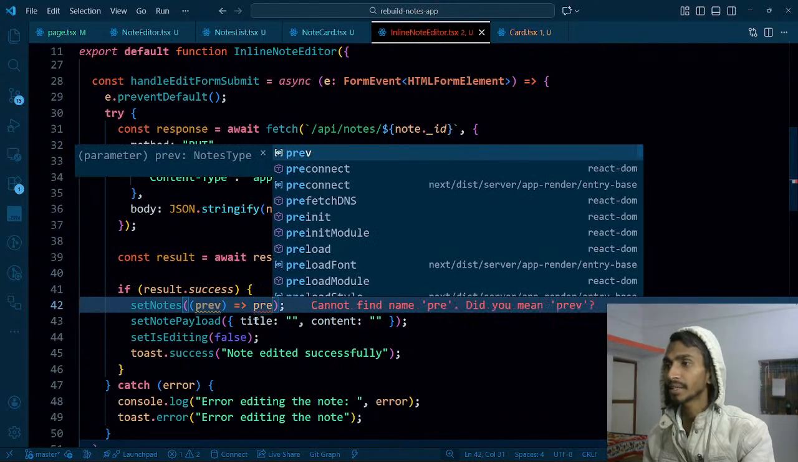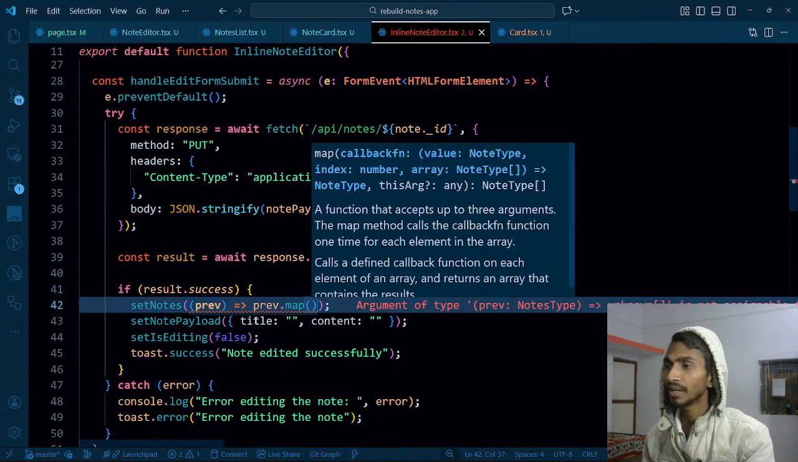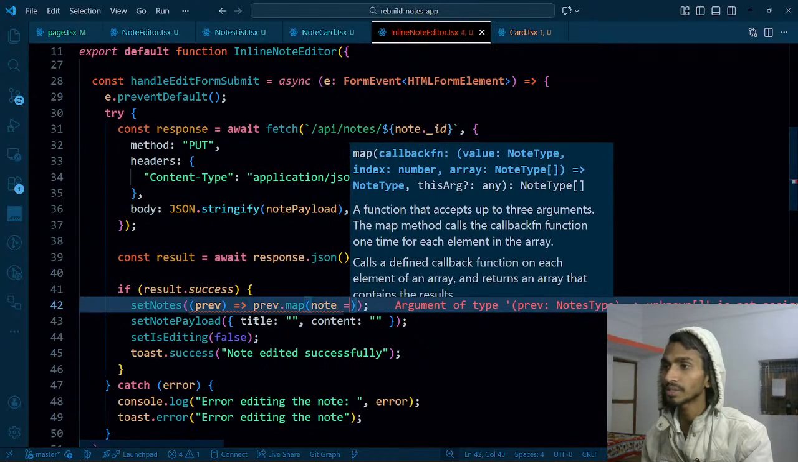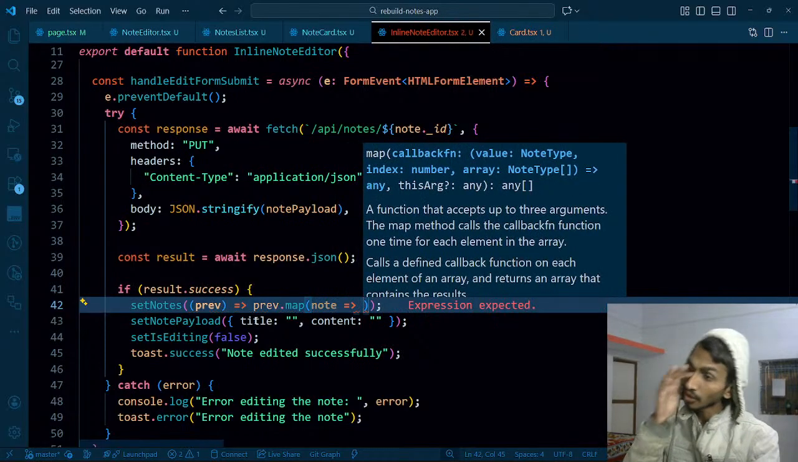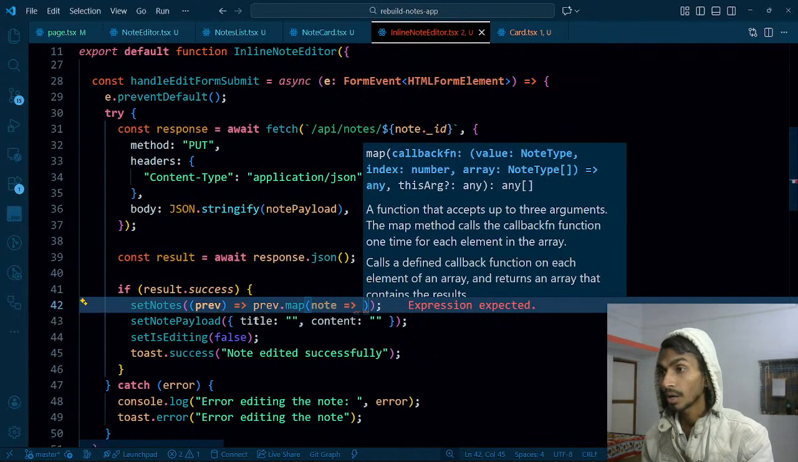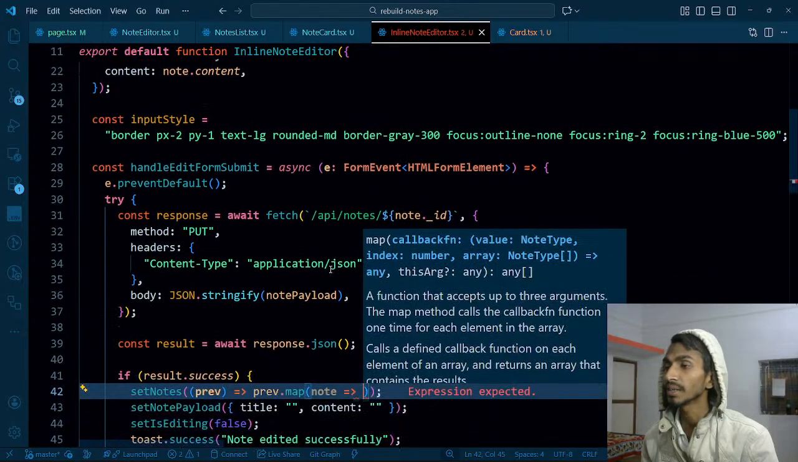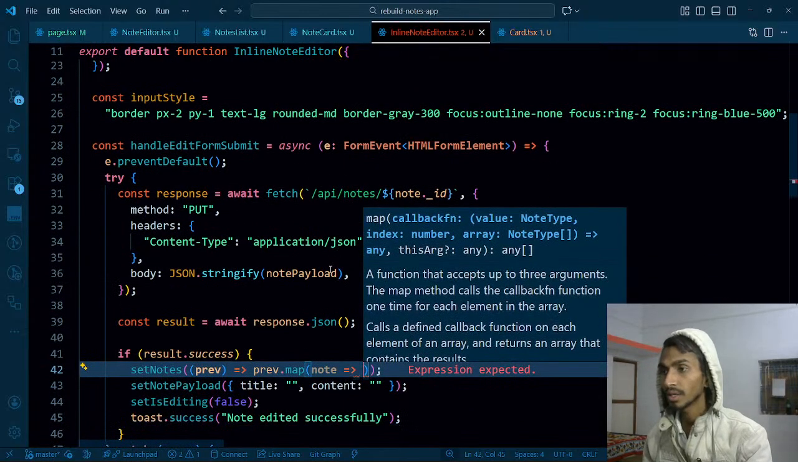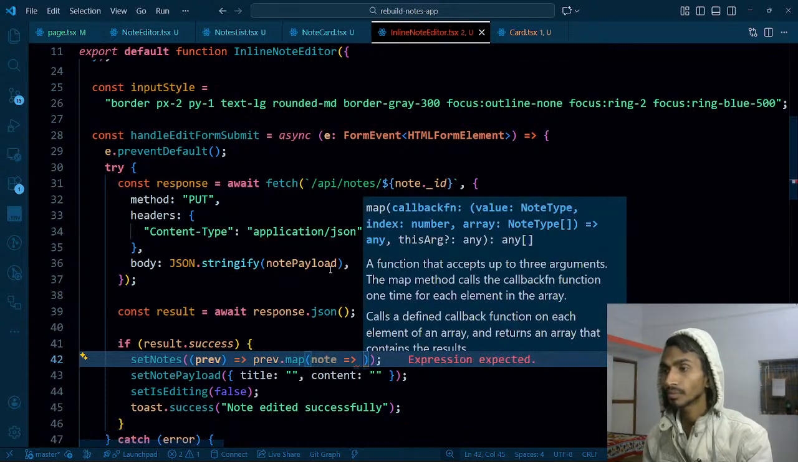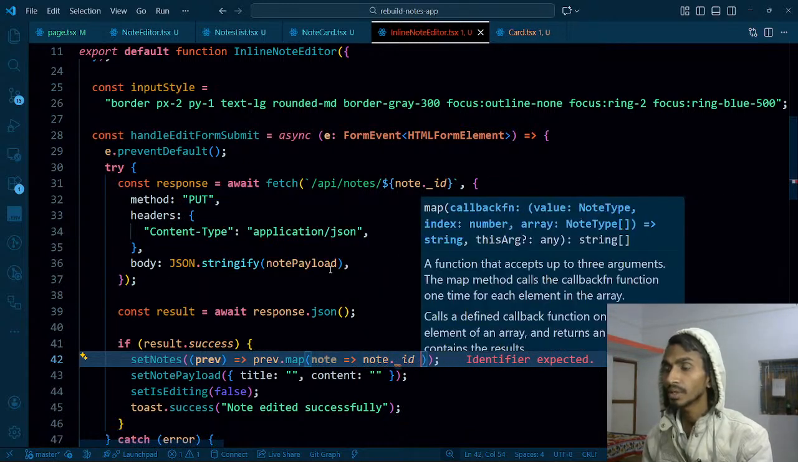Previous values I will get, and then once I got the previous value, I will match through it, then I will get the node, and once I got the node, what will I do? Once I got all the nodes, I have a condition. What is that condition? That condition is that what do I even change? What am I changing? I'm changing these two things. I'm changing the title and I'm changing the content. That is it. So I will say node.id if